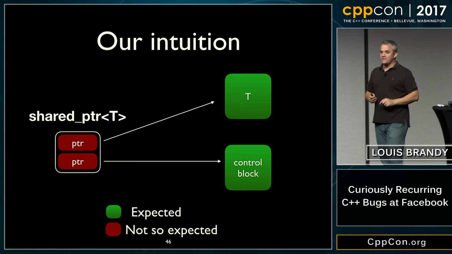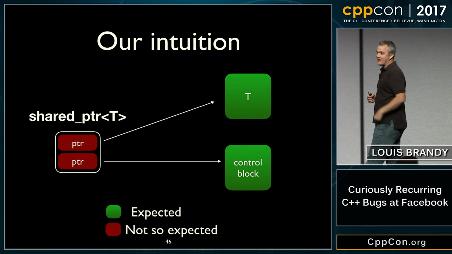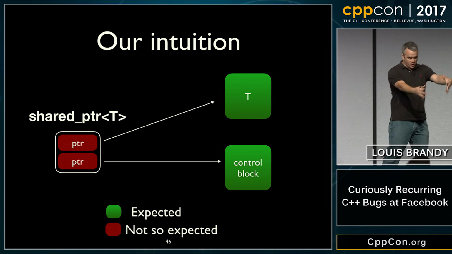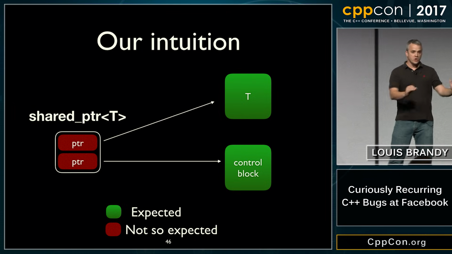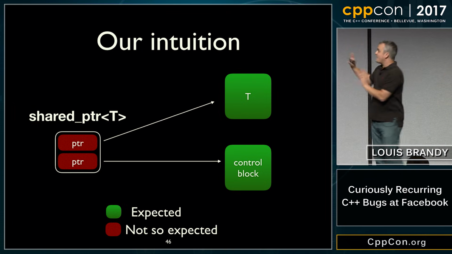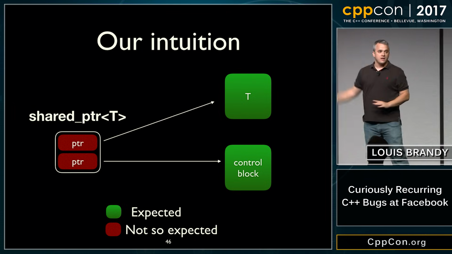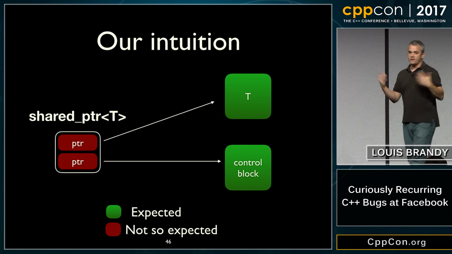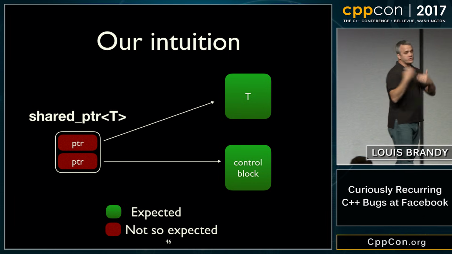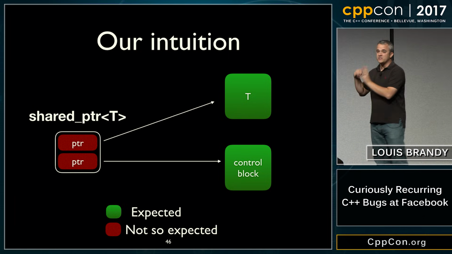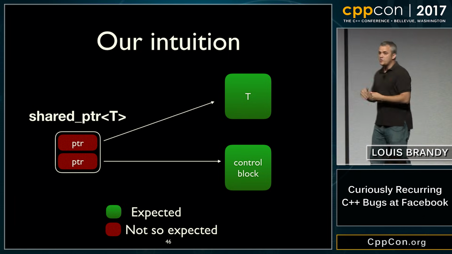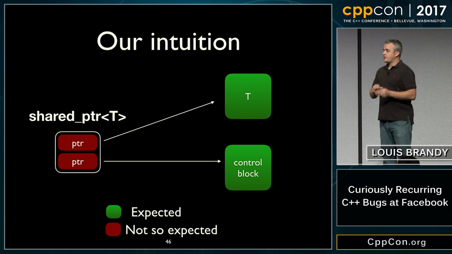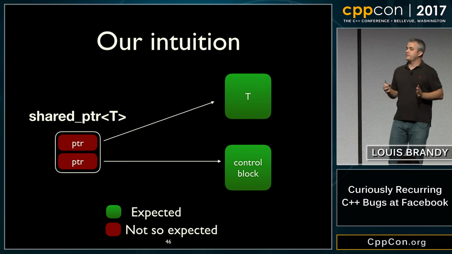I've changed the definition of the colors now. I want to talk about our intuition now. So now I'm moving towards audience 2. You hire lots of programmers and you're training them over time. You should know this about their intuition. They get the right-hand side correct. They naturally assume that T is unsynchronized when playing with shared pointers. It's just intuitive. They naturally assume that the control block, the reference counting, happens for them automatically. The thing they seem to get wrong is the one on the left. People really want to read and write to shared pointers unsynchronized.